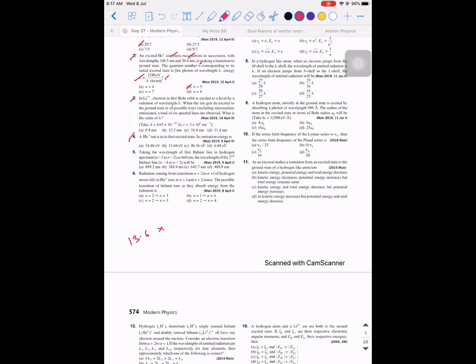Z square, no? Z is 2. 4 divided by the first. Yes, 13.6. See, the energy in the orbit will be minus 13.6. It is the equal amount of energy you need to supply for it to become ionized. So that's what is meant by ionization energy. If the energy of the electron is minus 13.6, ionization energy will be the negative of it. That is plus 13.6.